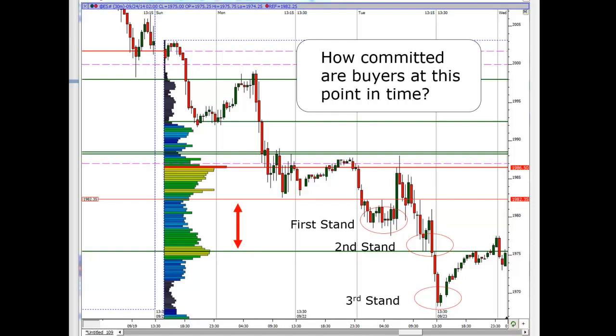All along now, based on our observation of the auction, we know that we are auctioning lower and that the market is in search of buyers. At this point, we found some buyers, but it does not look like strong initiative buying activity. It looks like responsive buying. So let's continue on